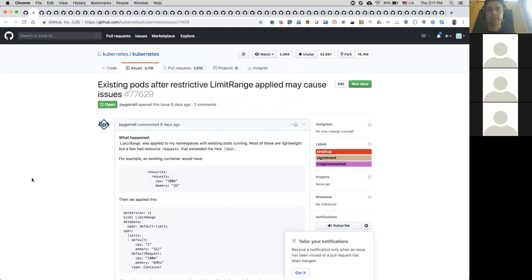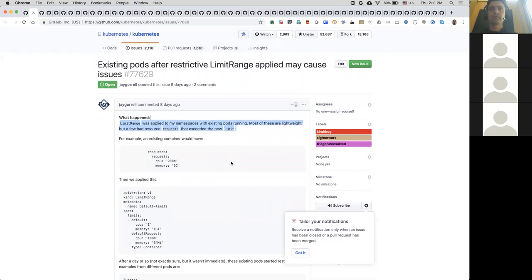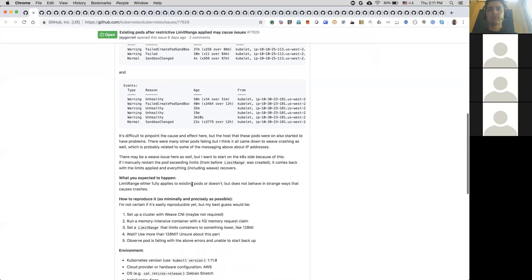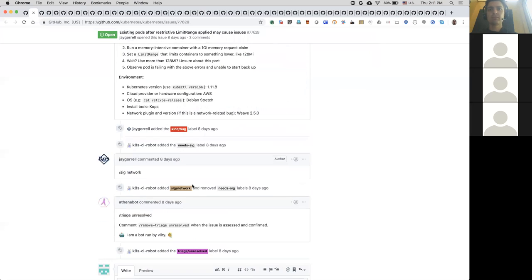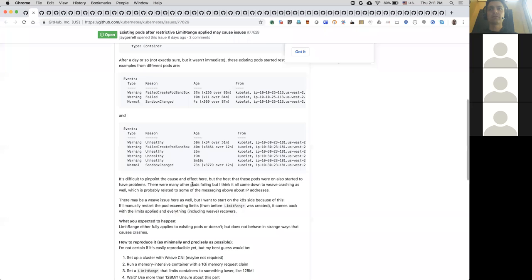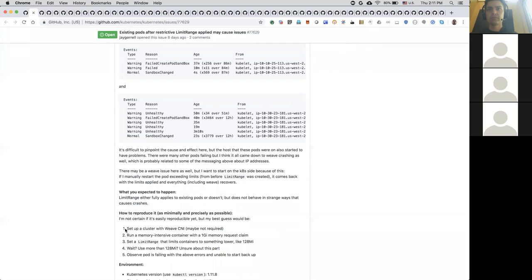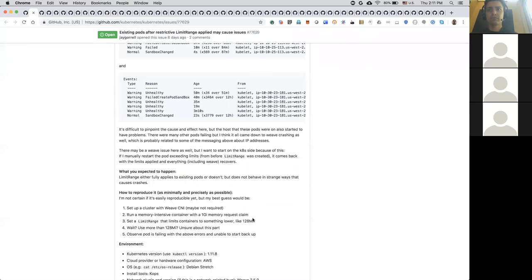Okay, existing pods after restrictive limit range applied may cause issues. How's this a networking thing? That was my question. Yeah, this doesn't look like networking.